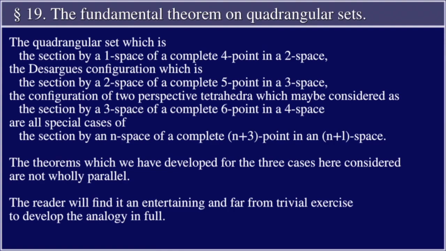The quadrangular set, which is the section by a 1-space of a complete 4-point in a 2-space, the Desargues configuration, which is the section by a 2-space of a complete 5-point in a 3-space, the configuration of two perspective tetrahedra, which may be considered as the section by a 3-space of a complete 6-point in a 4-space, are